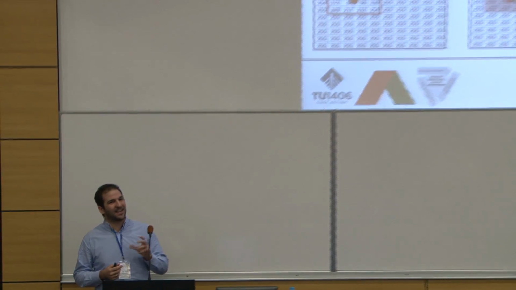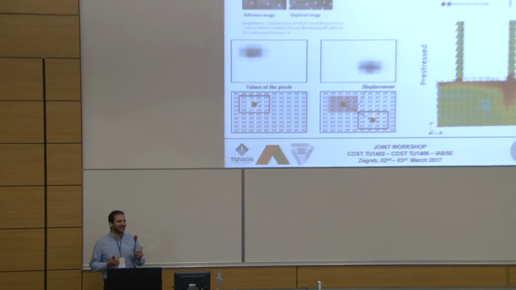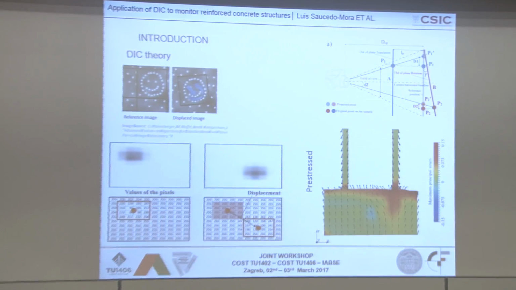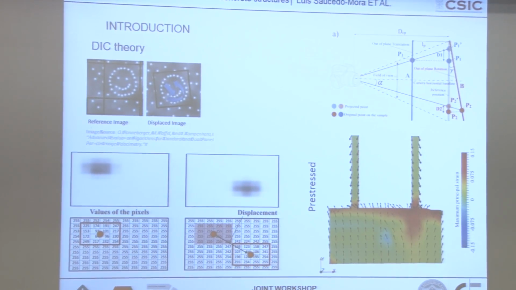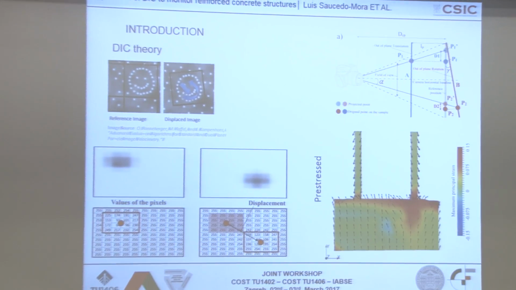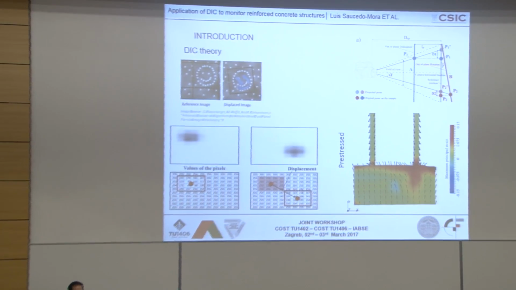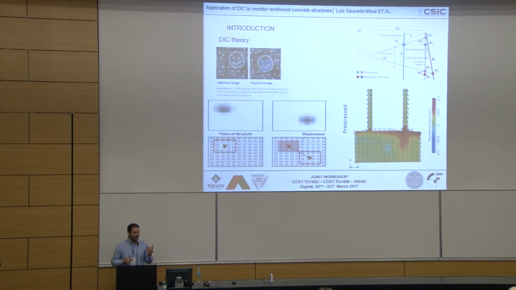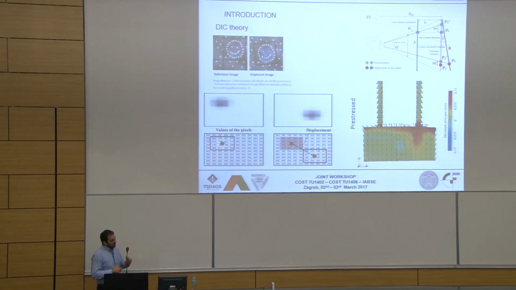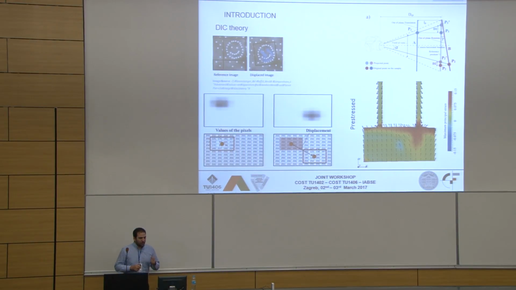Digital image correlation is a technique widely used in micromechanical testing. But you have some issues when you want to apply it to large structures, because you cannot control the relative movement between the camera and the sample, and everything is not as controlled as it is when you are in a lab using small samples. So first, basically